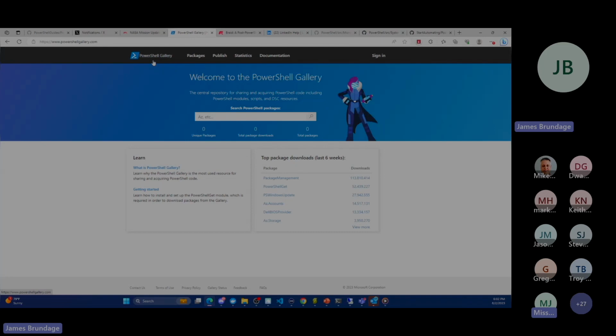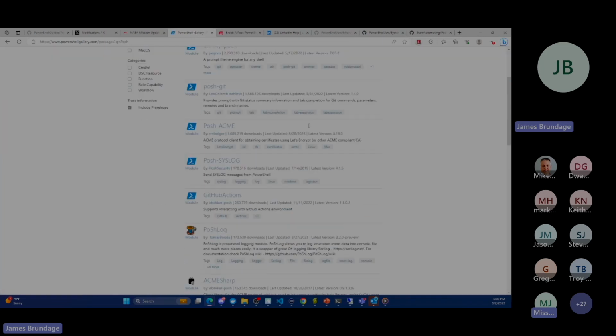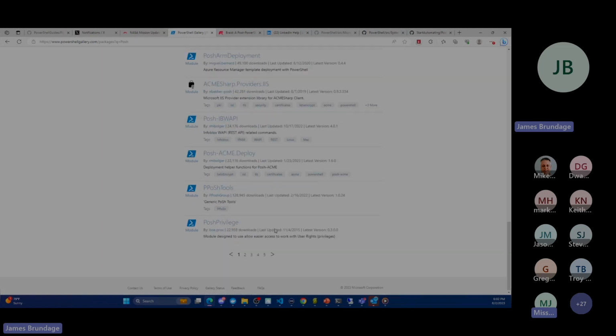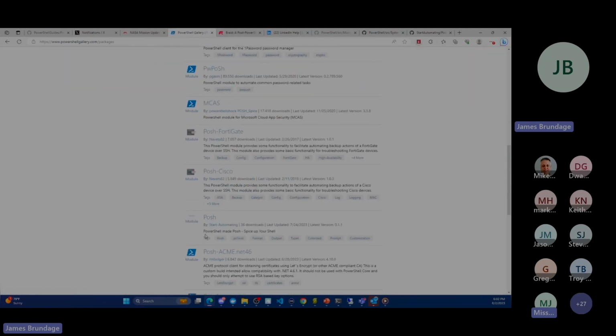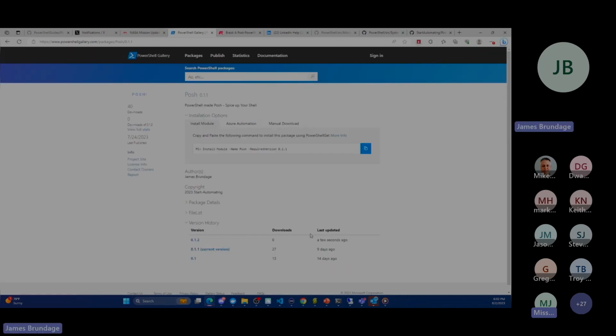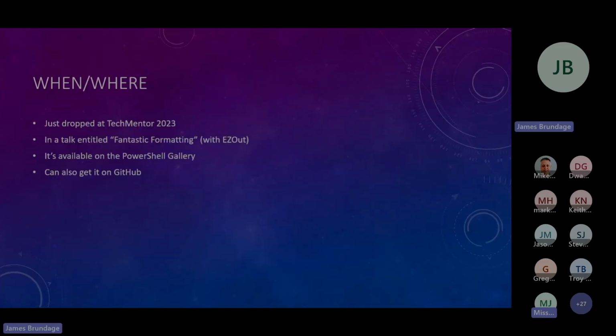Now, on the bright side, I am pleased as punch that I was actually able to get the module name Posh. On the bad side, there are a lot of other modules that have some variation of Posh, so it's on the second page here now. And yep, we have a new set of bits out. So go get the ones fresh off the press. Okay. So you can get it on GitHub,